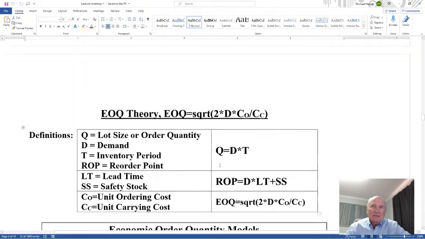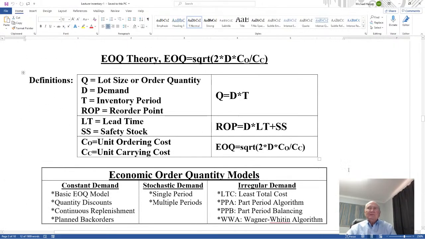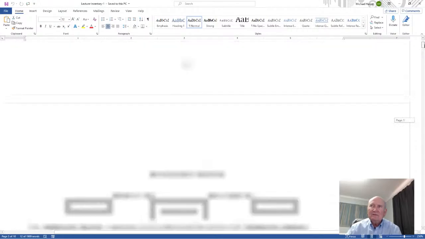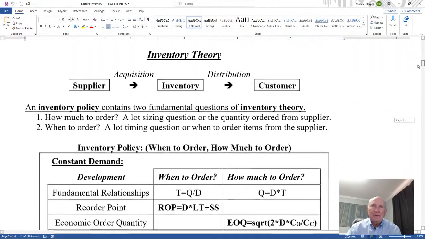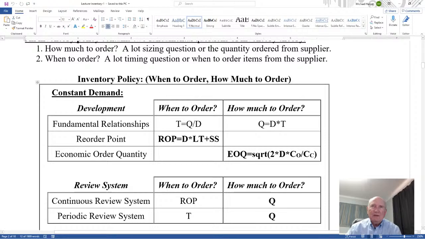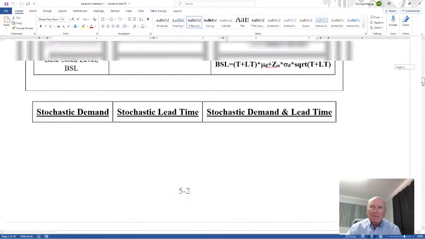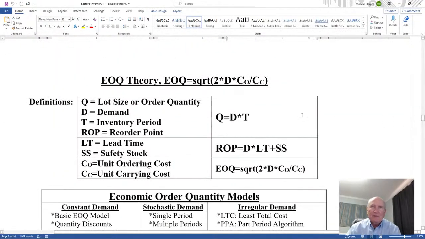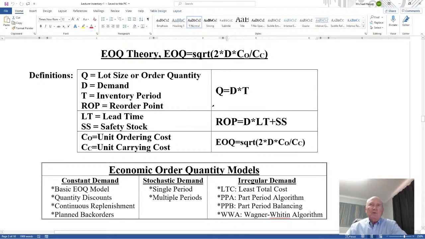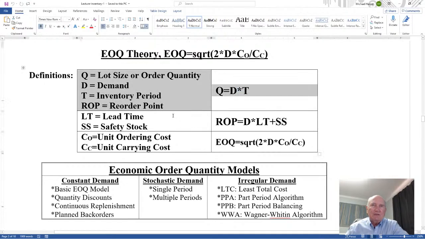So next, let's look at EOQ. So now let's come back to our design up here, our outline. So we've done the fundamental equation, we've done when to order. Now let's go to how much to order and EOQ. Okay, 1, 2, 3. EOQ. Well, we've already had the fundamental equation and the ROP. Now, in order to do EOQ,